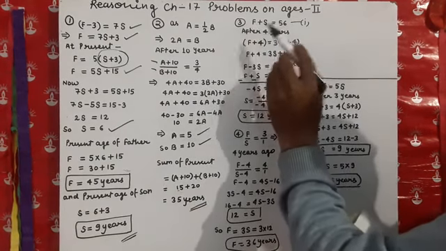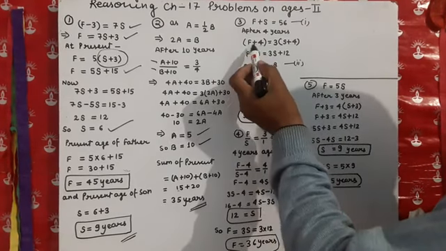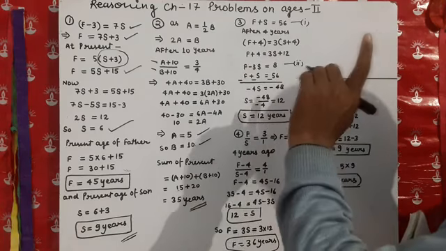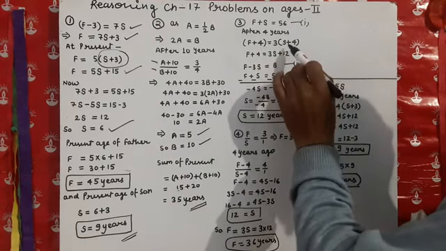So simply we have taken the father as f and the son as s. So f plus s is equal to 56. Now going to after 4 years. After 4 years, the father's age becomes f plus 4, and the question says that it is 3 times the age of the son at that time. So the age of the son at that time will be s plus 4, and its 3 times is equal to the